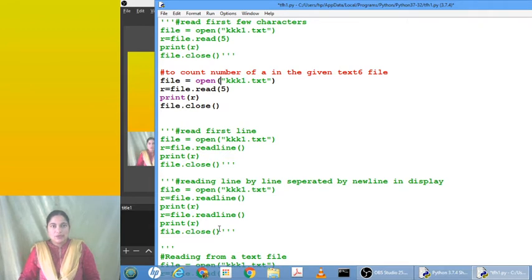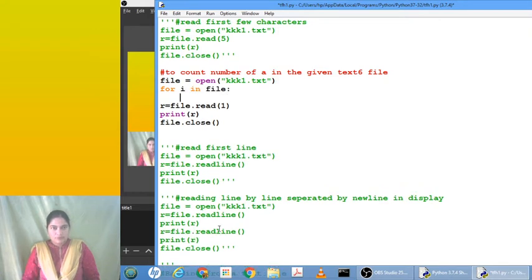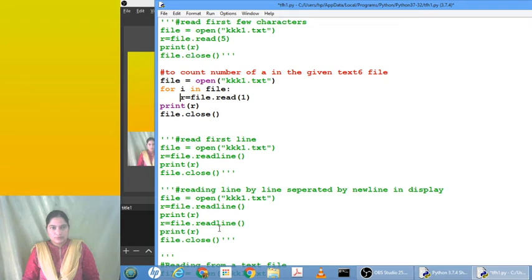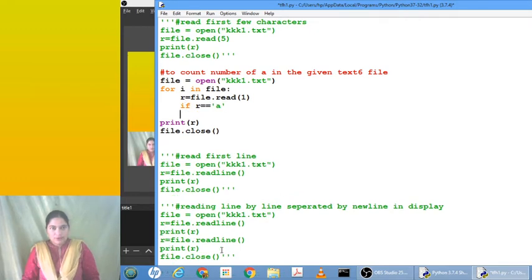Here I have opened the same file, and I just want to read one character at a time. So take a loop. If that r is equal to a, then what do we do?